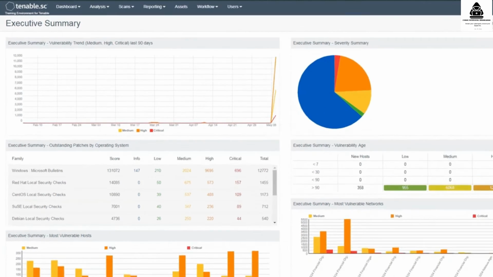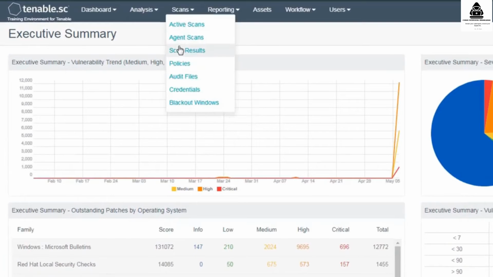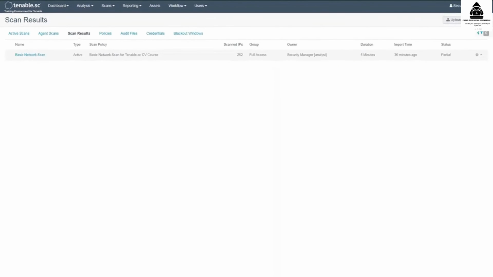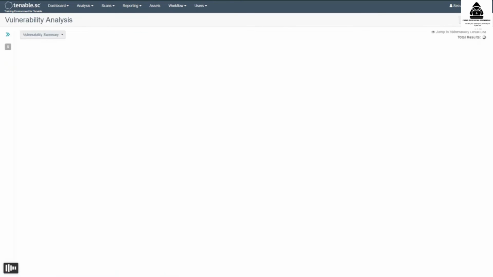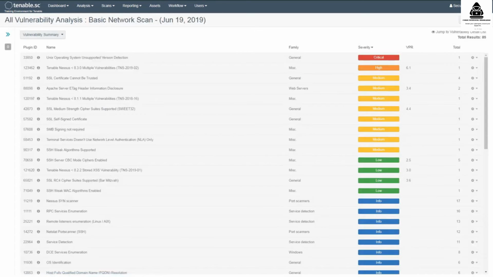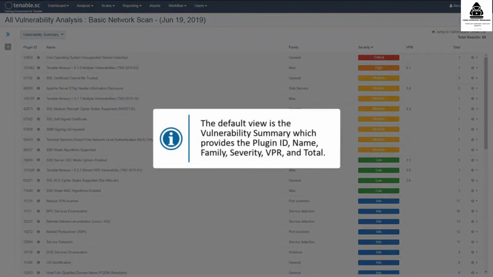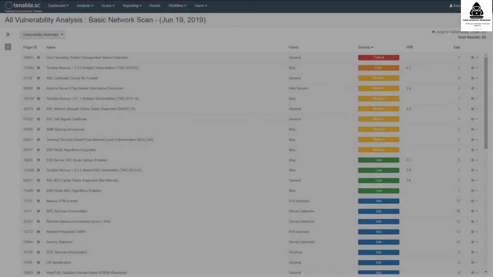It will cover analyzing individual scan results. To begin, navigate to Scans and Scan Results. Here you will see a list of all scans that this user has run. Click on the scan to view the results. A few navigational items to note here is that the default view is a vulnerability summary, which provides the plugin